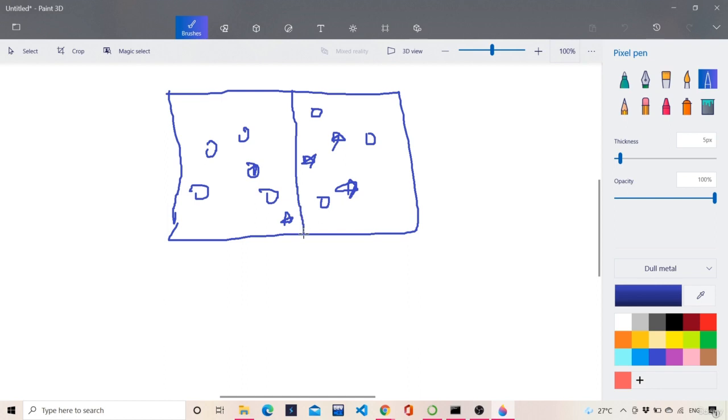The decision boundary of this decision tree algorithm would be something like this. It will split first here, then it will split here, then it will split here. Then it will split here, then here, and then it will finally split here. So you see one thing, how many splits happen here. This entire portion is one unit, this is one unit, this is one unit, 4, 5, 6, 7. So this is 7. So for this small data, 7 splits were done.